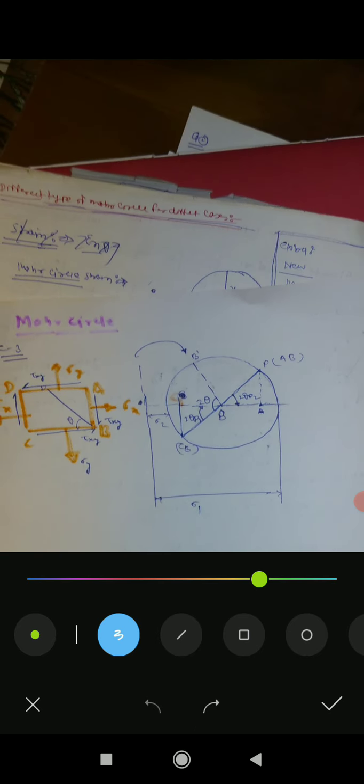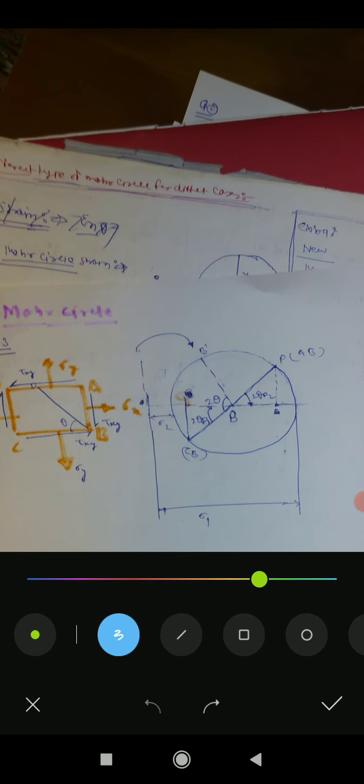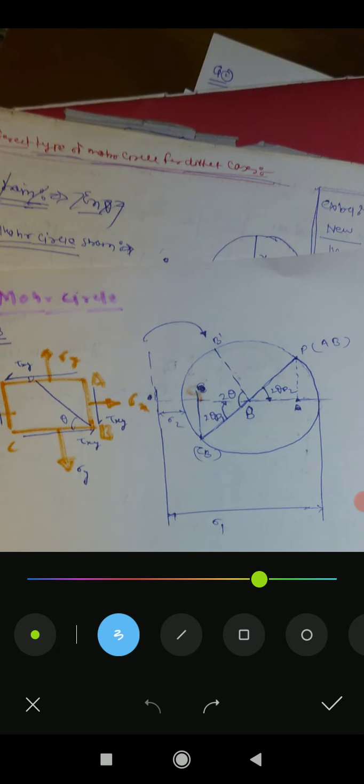Now directly you can find the location from the Mohr circle. If he is asking what is the location of the principal stress from the plane CB, this point was representing the plane CB. So here to here, because only these, where the shear stress is 0, are representing the maximum principal stresses. So you have to go from here to here only to find the maximum principal stress. So this 2 theta P1 and this 2 theta P2 are representing the principal stresses. Okay,